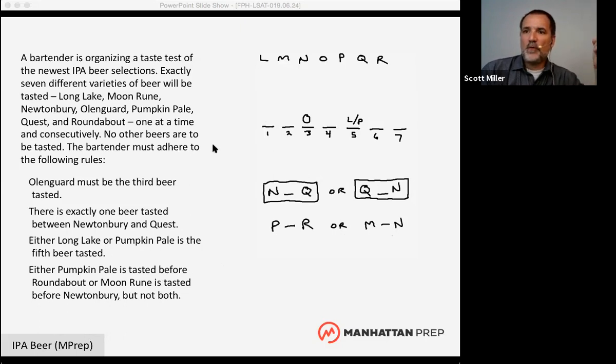So there are a few different ways to represent this, but what I would probably do is put the combination that has to be true together over here on one side of my OR, and then the other combination over here. So P has to be before R, or M has to be before N, but not both, meaning if P is before R, then N is before M. If N is before M, then R is before P. And that's how I would